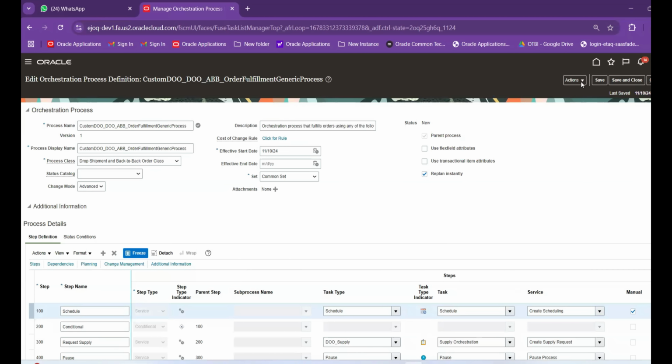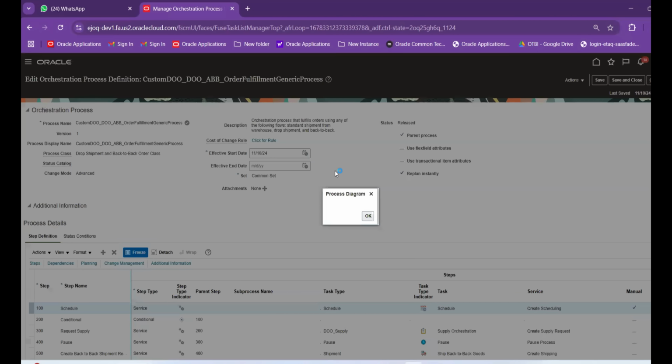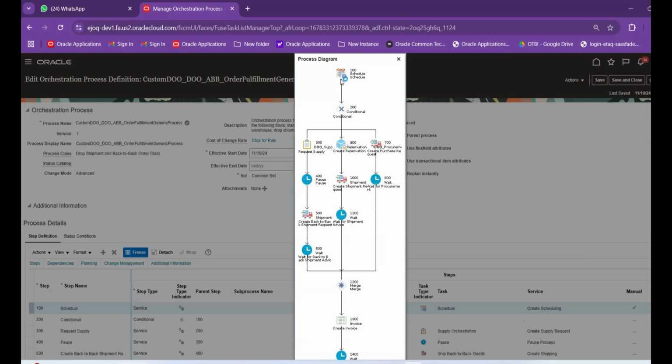Okay, and if you notice, in the action there is a generate process diagram. This process diagram will help you to understand how your orchestration will start and fulfill the order. So this is the path, this is the diagram flow. Okay, so first schedule, then there is a condition, then based on the condition, the system will validate whether to generate the request supply, create reservation, or go for the procurement, right? Then wait for the procurement, other stuff like that. Okay,